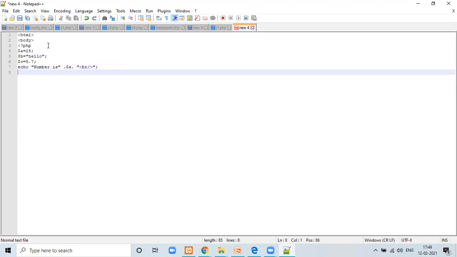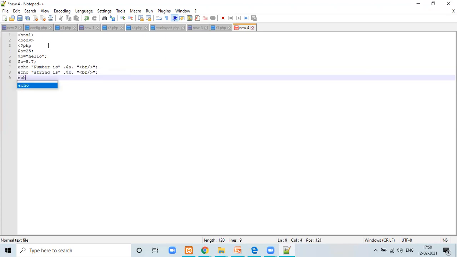Now we're going to print the value of the string $B, George. Again, I'm going to have a line break. To have a line break, we need to have a br slash and then an angle bracket, and we have to close the quotes.